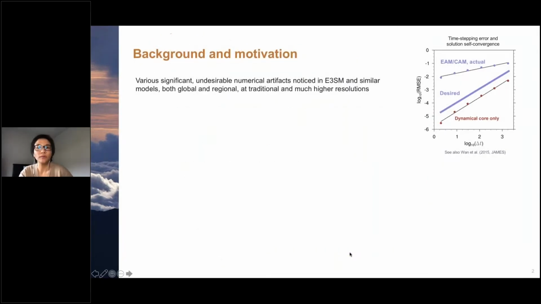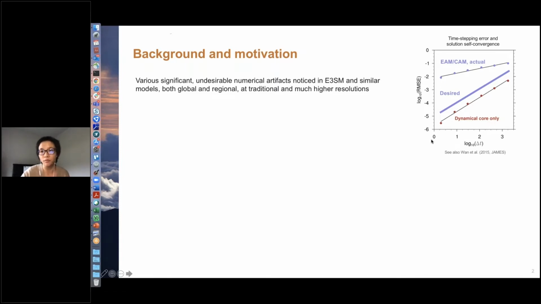The background of this work is that in the past few years, we have been seeing an increasing number of significant and undesirable numerical artifacts in models like E3SM, both in global and regional simulations, and both at traditional lower and also newer, much higher resolutions. From our own work a few years back, we noticed that if we do a time-step convergence test using the E3SM atmosphere model, not only is the time-step convergence rate very low when we turn on all the physics parameterizations, but the time-stepping error also appears to be large, and again, mostly from the physics